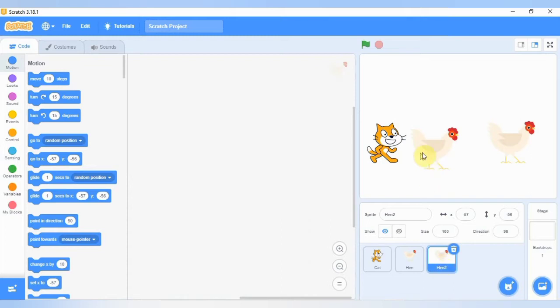So these hens, they both look alike. We can modify or change the name. So let me call hen two, let me call it blessing. That's my friend's name. That's for the hen two. So I can also click on hen one and rename it. I can also